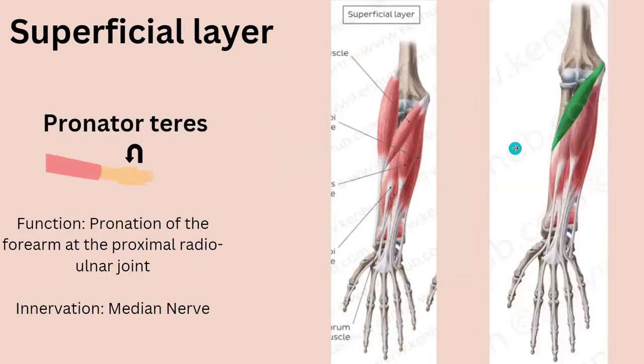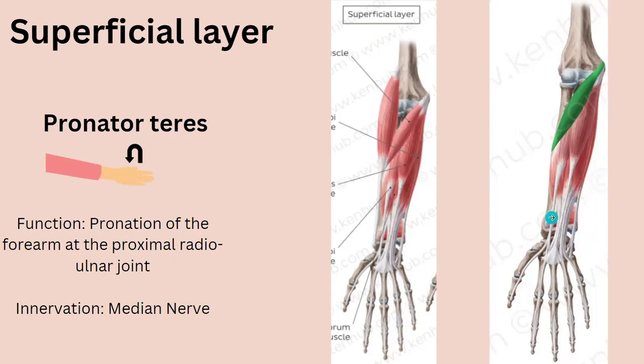Now, starting with the pronator teres. We said we'd cover the function of the muscles first. So it pronates, and the movement pronation is right here. The function is pronation of the forearm at the proximal radial ulnar joint. Now, why am I saying proximal radial ulnar joint? Proximal meaning this side, basically. So this is the proximal radial ulnar joint, and this would be the distal radial ulnar joint, because there's another muscle